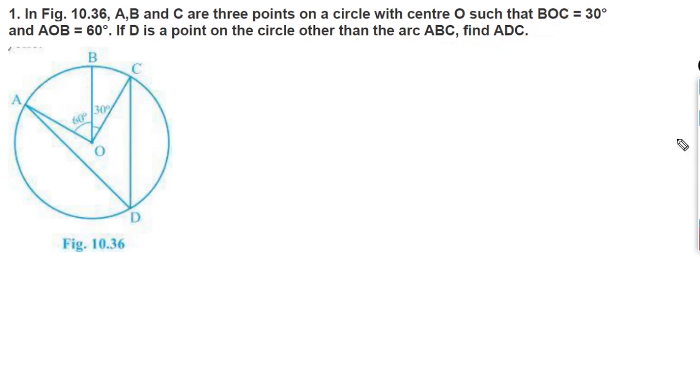So let's start it. Here you can see we have to first find angle AOC. Angle AOC is equal to sum of angle AOB plus angle BOC. So that will be equal to 60 degree plus 30 degree, which is equal to 90 degree. Okay, but you can see angle AOC and angle ADC, this angle and this angle, they have a relation. What is that? You can see